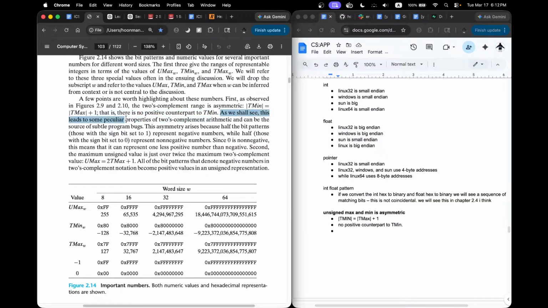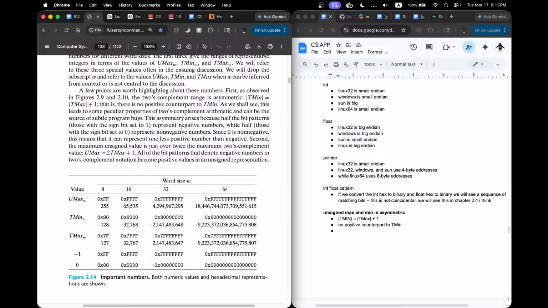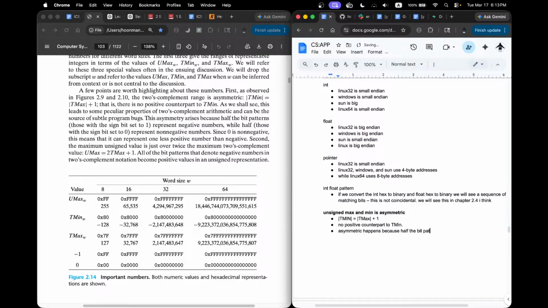As we shall see, this leads to some peculiar properties of 2's complement arithmetic and can be the source of subtle program bugs. Asymmetry arises because half the bit patterns represent negative numbers while half